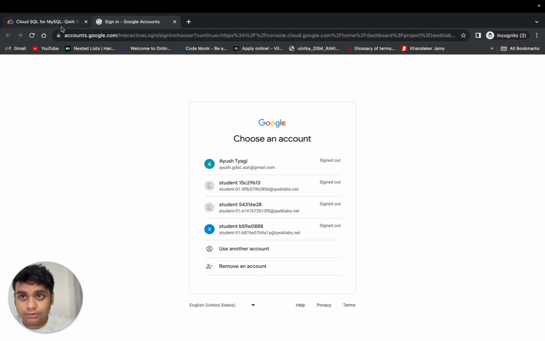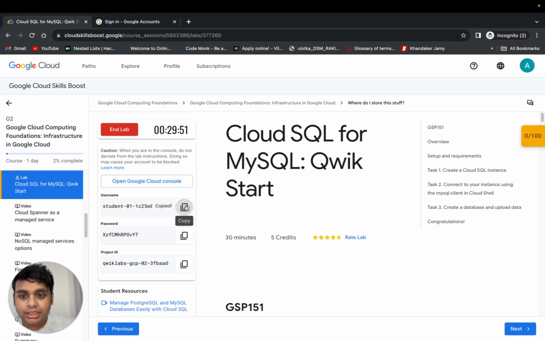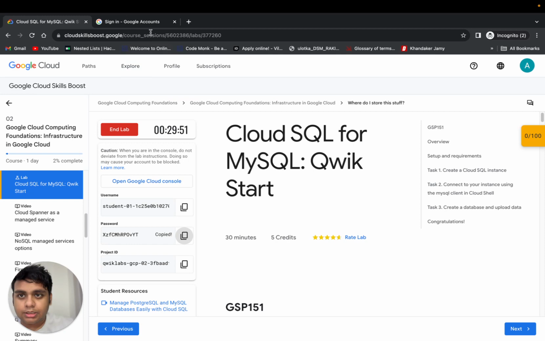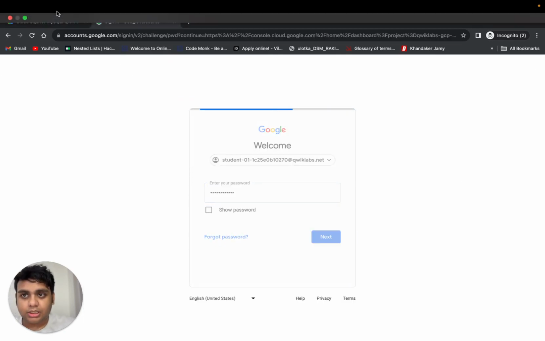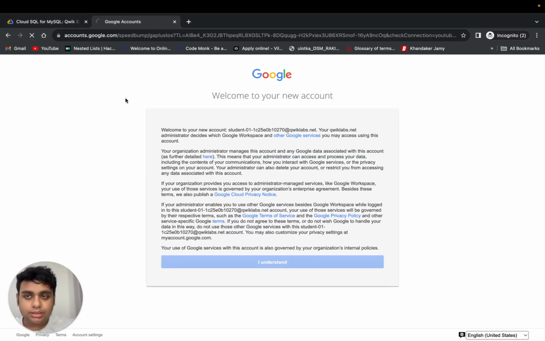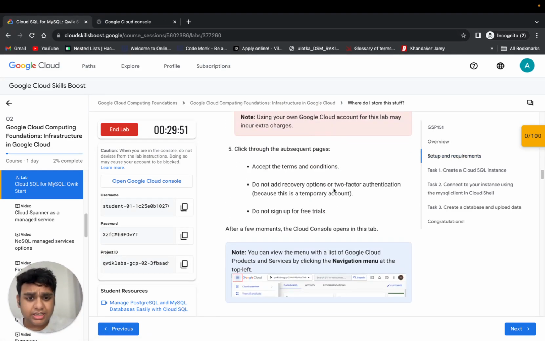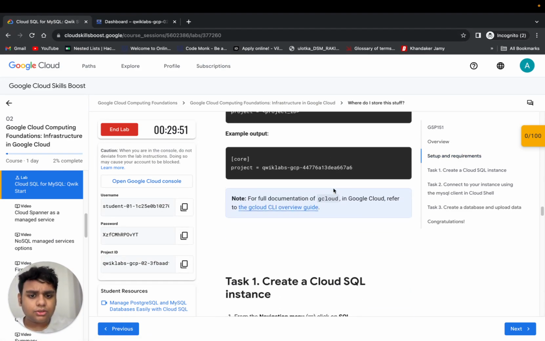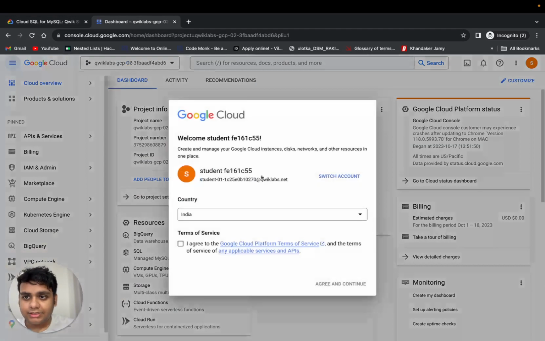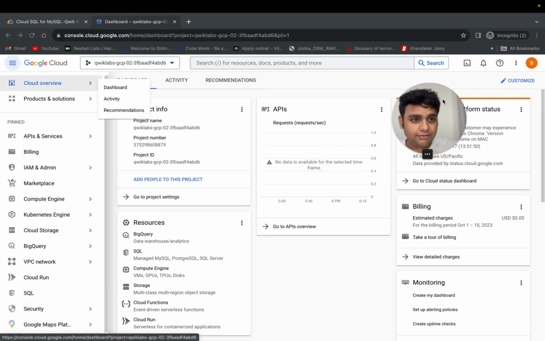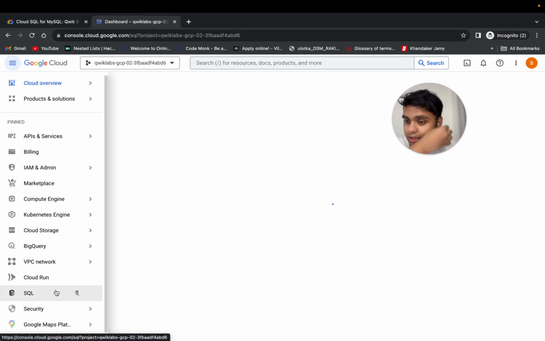Open Google Cloud Console, and it has not taken my email ID by default, so I'll copy and paste it. Copy and paste my password and email. Click I understand, and then I'll check for any setup and requirements it needs. Nothing as such. Alright, amazing. So the next thing I'll do is I'll click I agree and continue. I'll come back here. I'll just move myself here. Alright, it's better. I click SQL, and